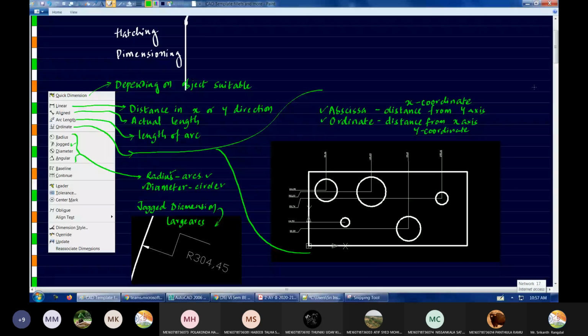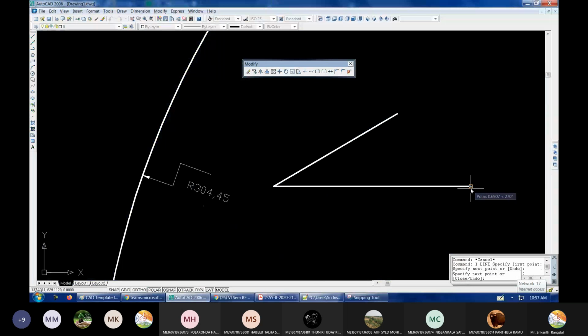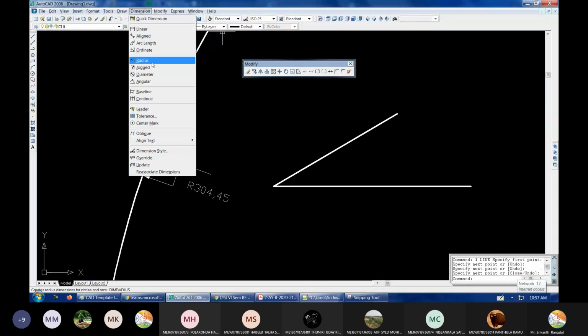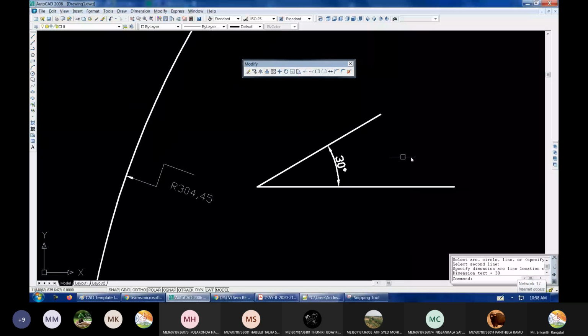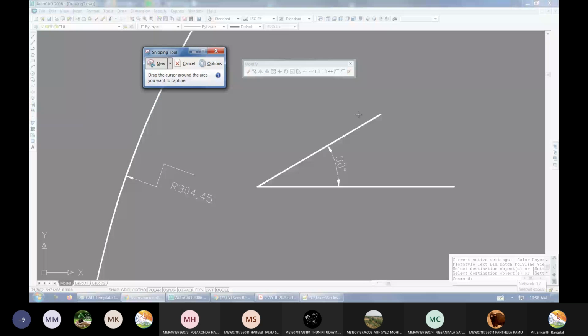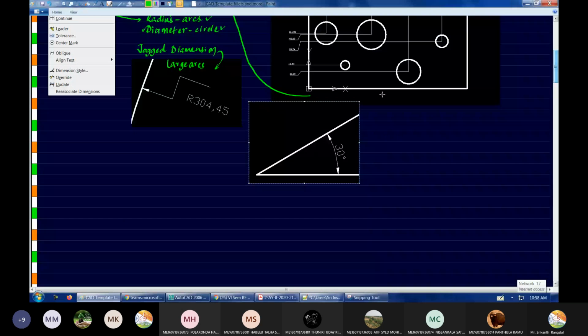And finally, angular dimension, it's very simple. The name itself indicates what an angular dimension is. It gives us the angle between any two lines, correct? So this is the angular dimension. Let me keep a pic of this again in the paint file. This paint file I'll share with you, so that any point of time you want to refer to the notes, you can just refer to it.